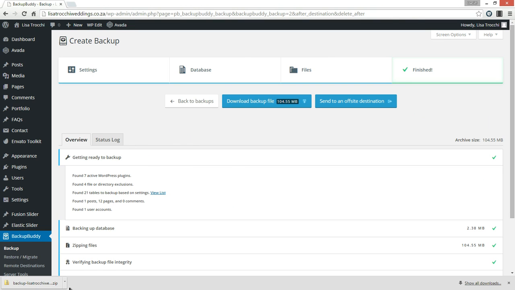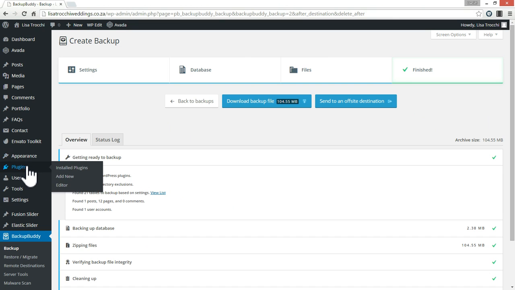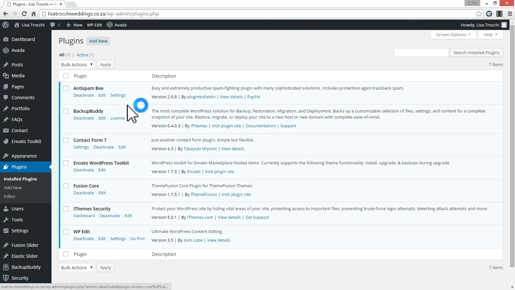Okay, so the backup's downloaded, and it's just downloaded to my downloads folder. Now, assuming you've already done a backup and you log in and you see that plugins need to be updated, you just go to the plugins page, and the ones that need to be updated will be in orange instead of blue. So then you'll just click the orange ones, select the drop down, click update, and then apply,